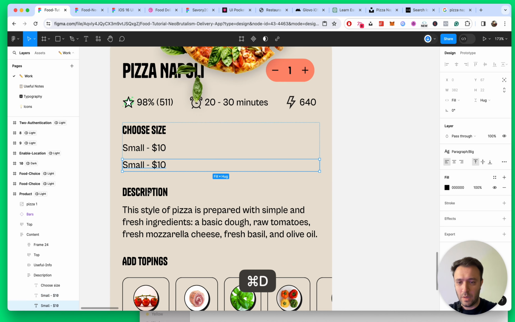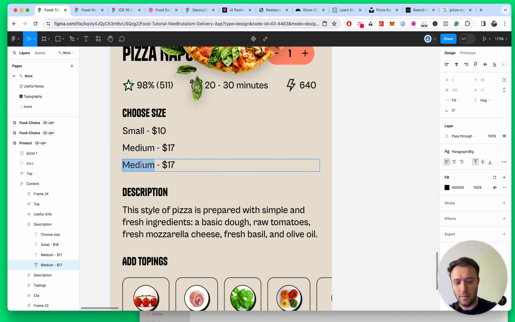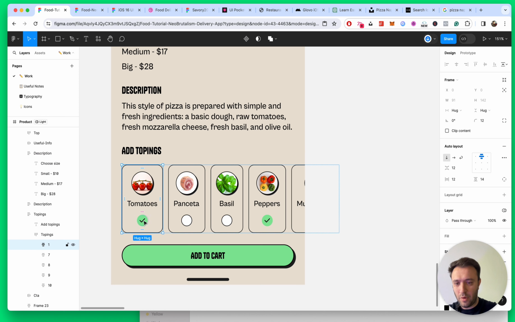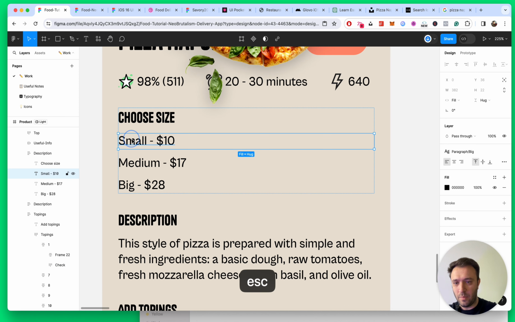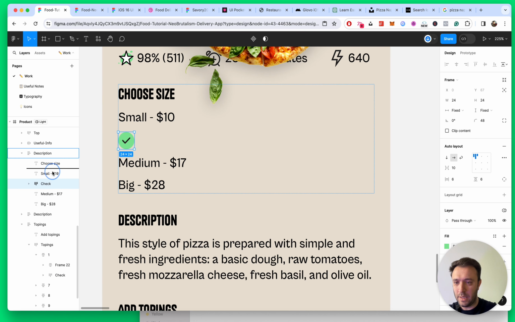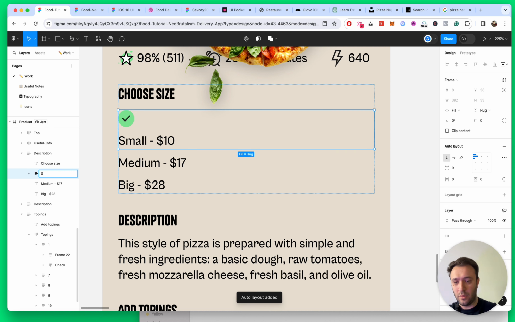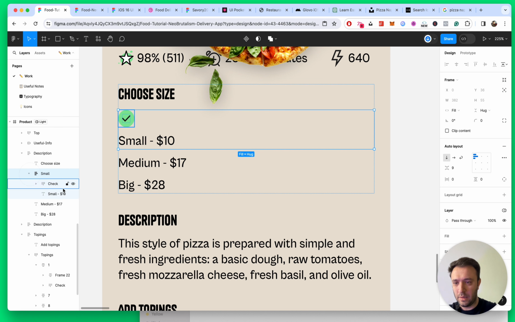Okay, the medium one is 17, and the big one is 28. And you take this checkbox here, this radio button, and place it on the top. Shift A in order to add auto layout small, and you want to place